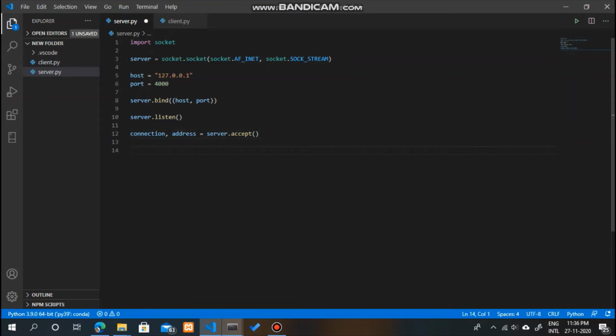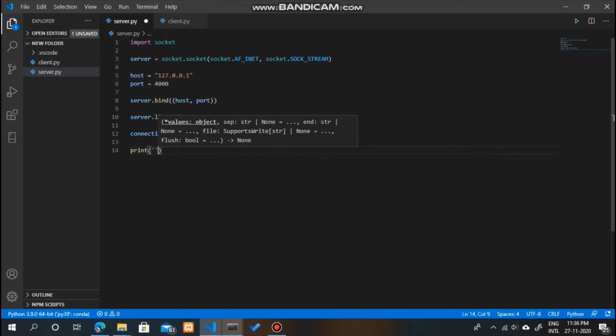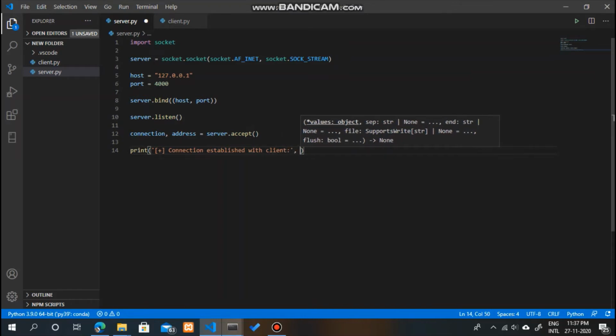For logging purposes we will just print out the address of the client. We will pass on the address so that we can see the address of our client.